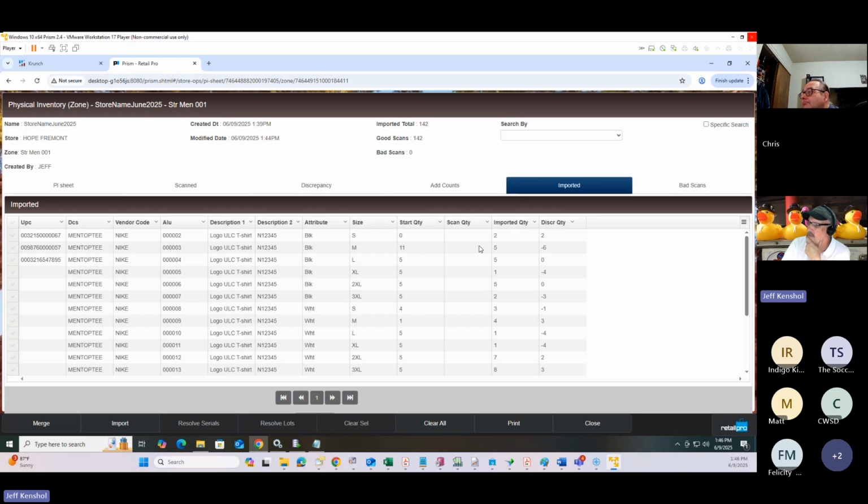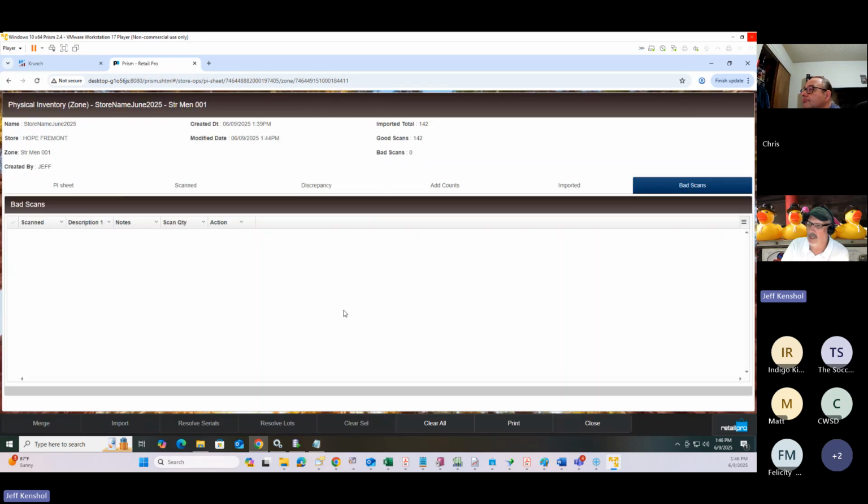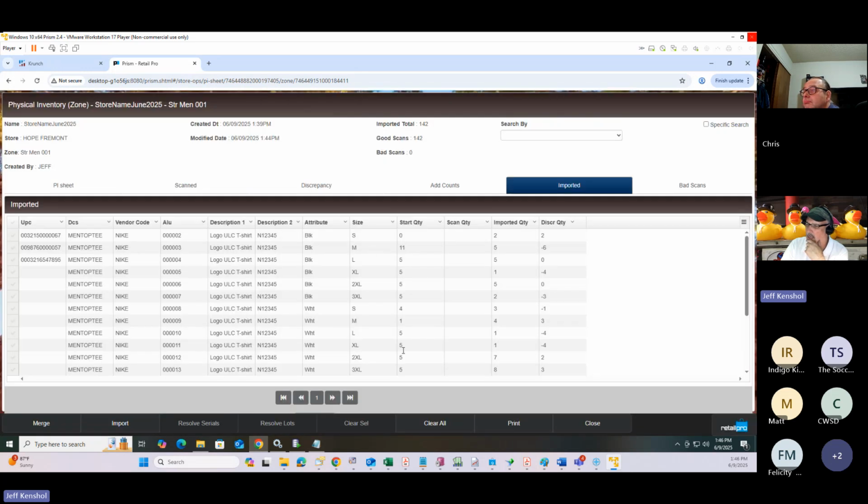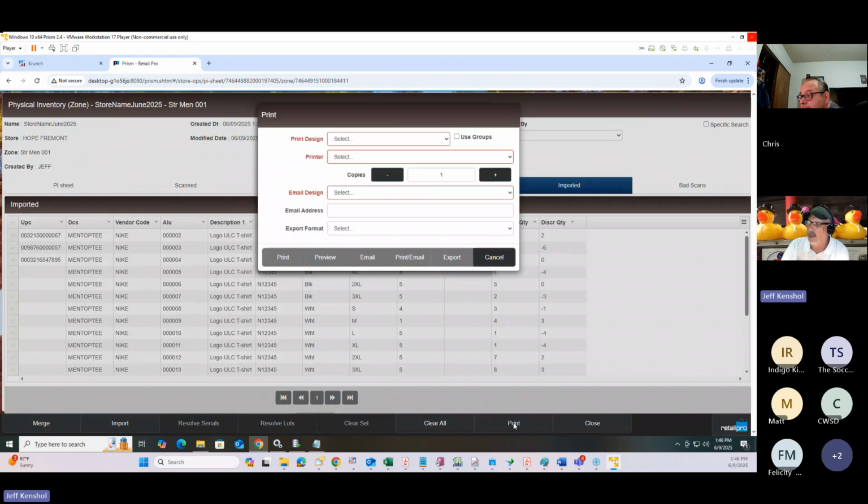So in here, when this thing uploads, if you have a dumb scanner, you could get bad scans, right? You could get scans into this screen here, and we could do that. I could show you how that works. If you don't get any bad scans, then all these are good, right? Then we might go print, and we might want to have a